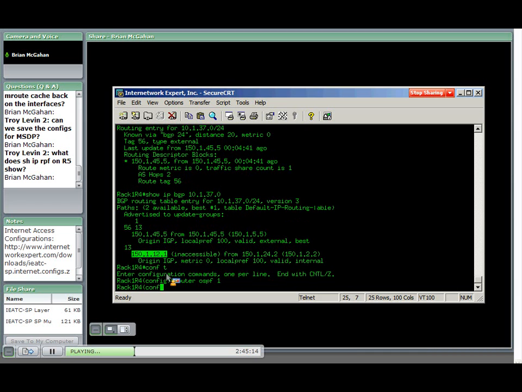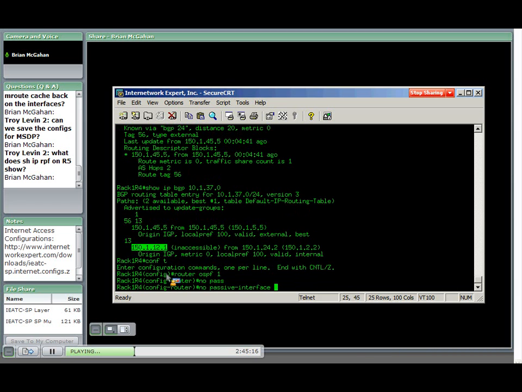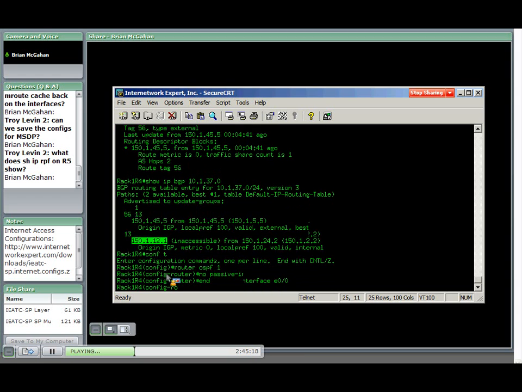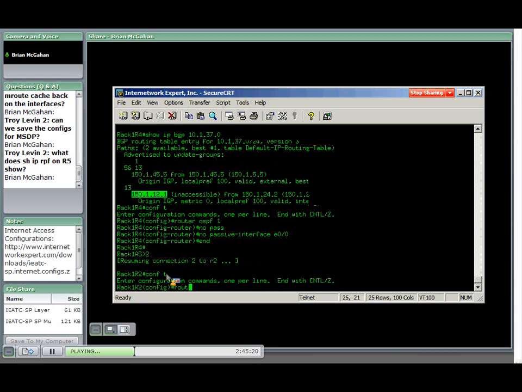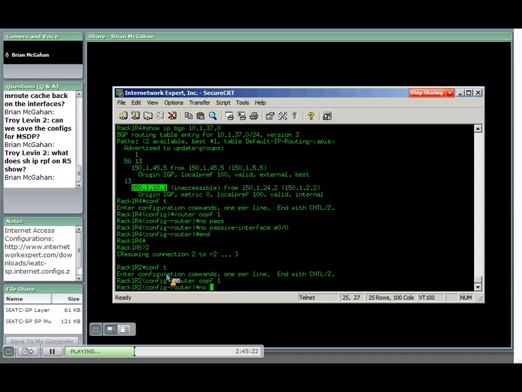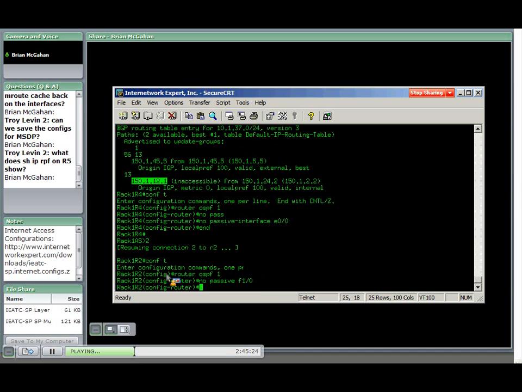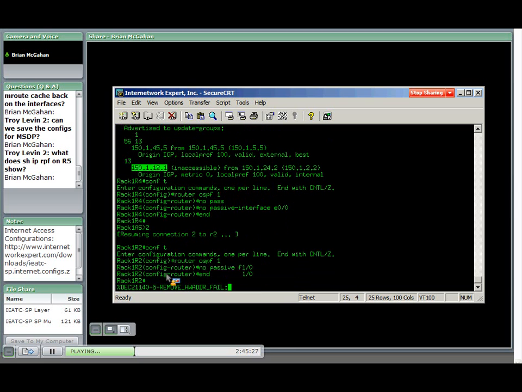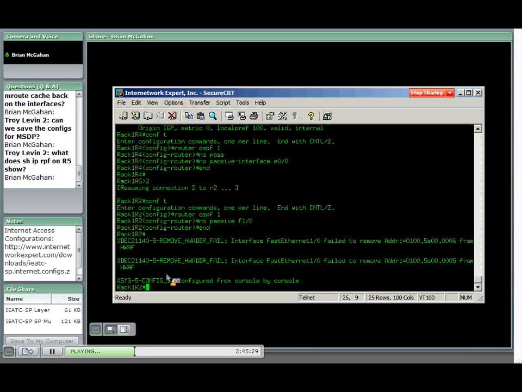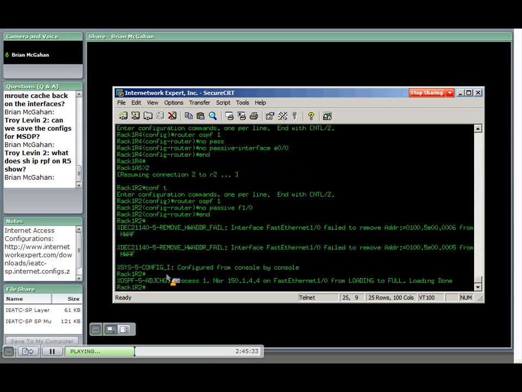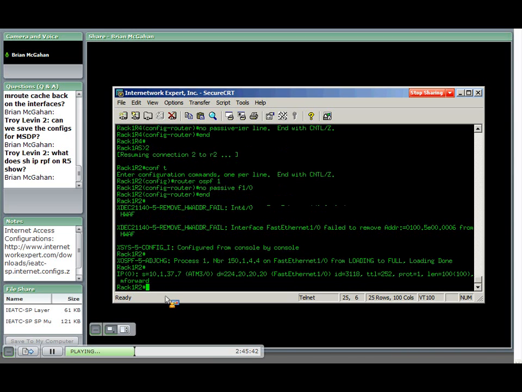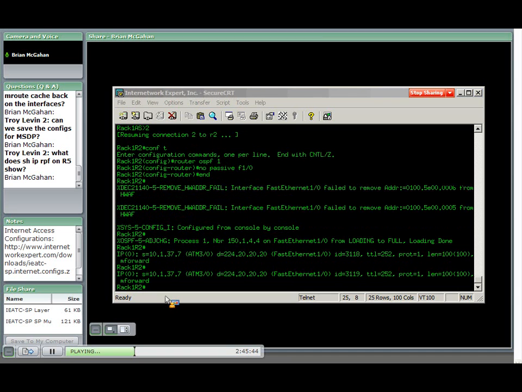So let me go under OSPF, we'll take the passive interface command off. No passive Ethernet 00. No passive Ethernet 10. Now you can see as you start to combine all of this stuff together, you get a lot of complexity that is built on top of each other. So unless you're building the network in a structured fashion, testing your layer 2 configuration, testing your layer 3 routing configuration,